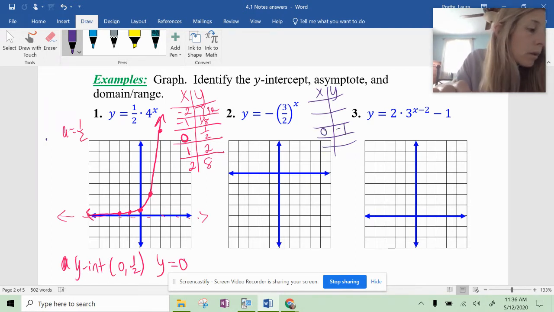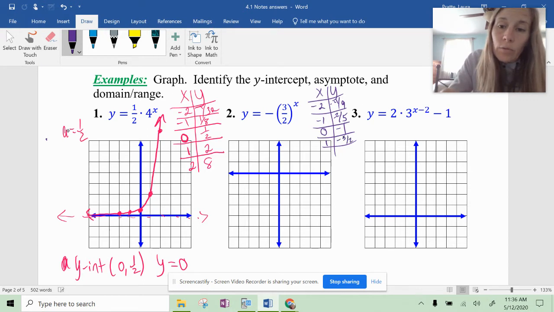And then I have -1 and 2/5, or the decimal approximation for that, -2, and then I have -4/9. If I use a positive one, I have -1.5 or -3/2, and a positive 2, I have